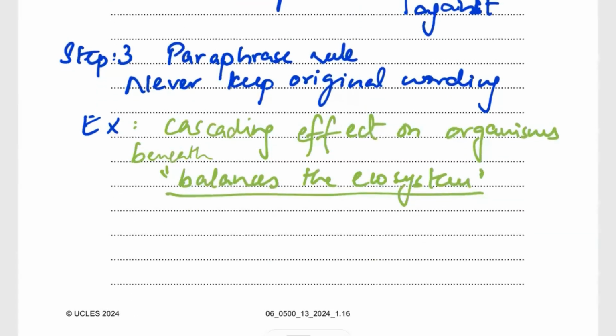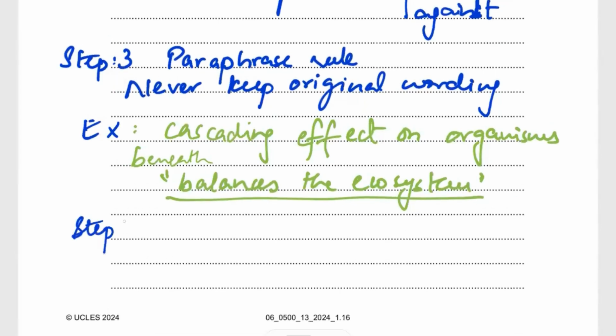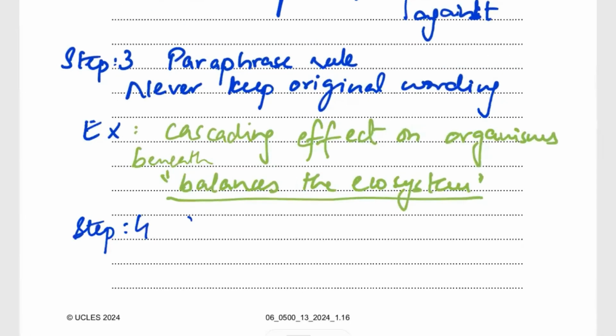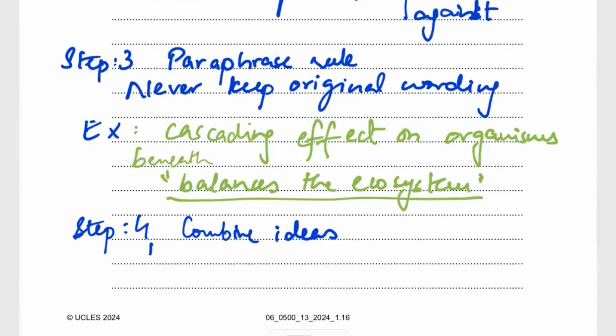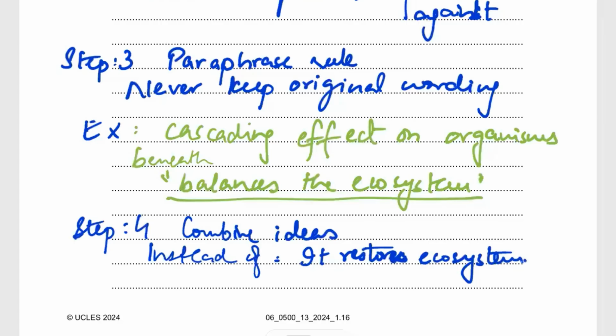Now, step four, my dear students. Please write down the steps, it will help you a lot. In step four, you have to combine the ideas. For example, let's suppose this is a sentence: "It restores ecosystem." And then continuing with another sentence: "It controls